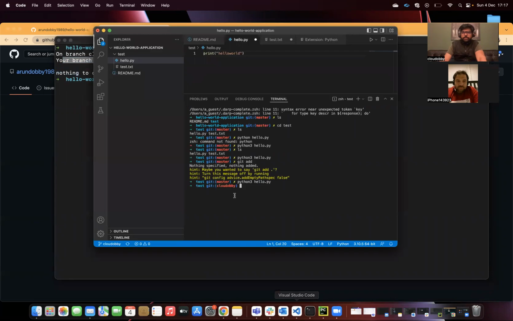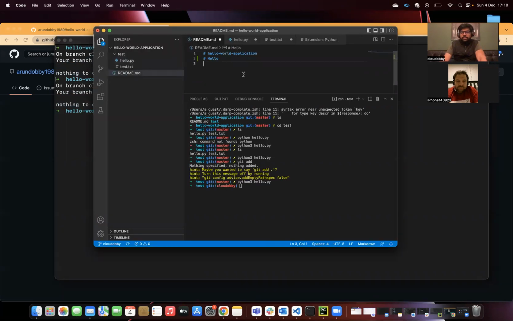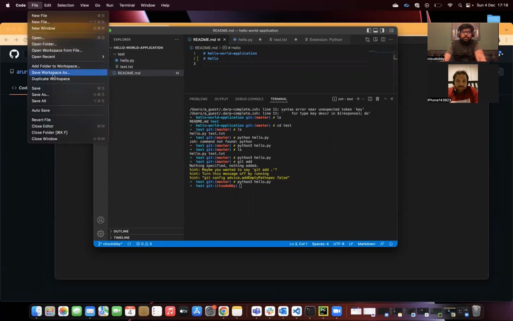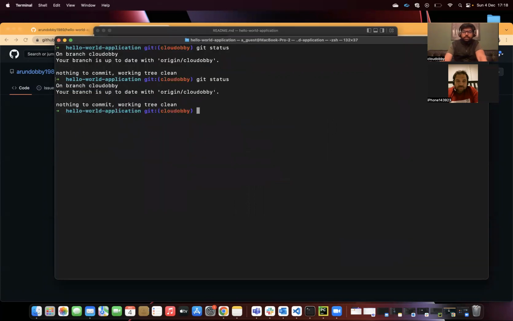But if I make some changes, let me add something in the README file. So I'm adding hello in the README file. Now if I go and check git status, it is saying up to date. Why? Because whatever I did, I didn't save. So for example, Ctrl+S. Some IDEs auto save, some IDEs don't auto save. So now if I give git status,